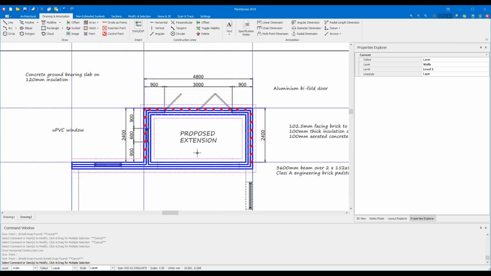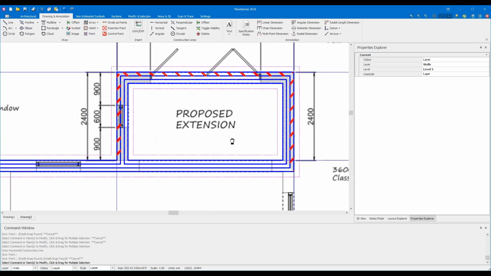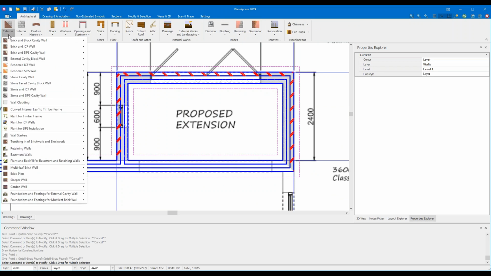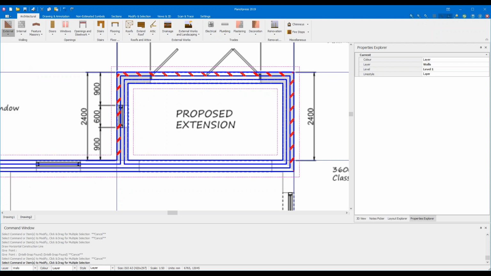Okay, so we were going to add some wall starters in. That's what we're doing next. So if you go back to the architectural tab and click on the arrow under external walls, about just over halfway down, there's an option called wall starters. So we can add some wall starter symbols to our plan, which will then be estimated when we import our job to PlansXpress. So if you click the wall starters option and then click the 2.325 high wall starter,